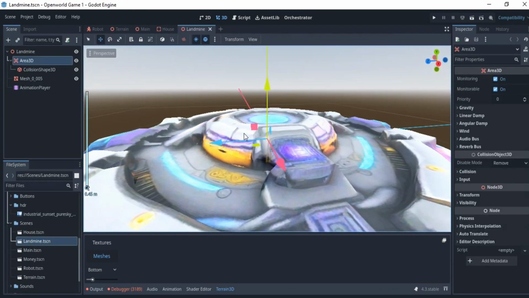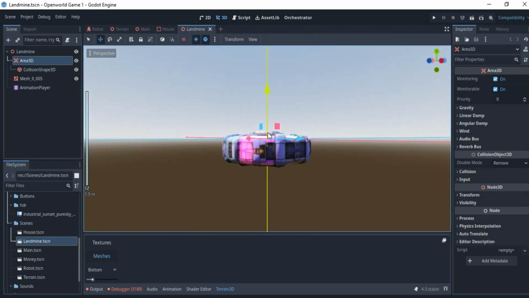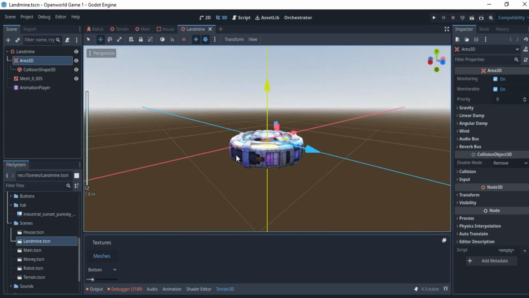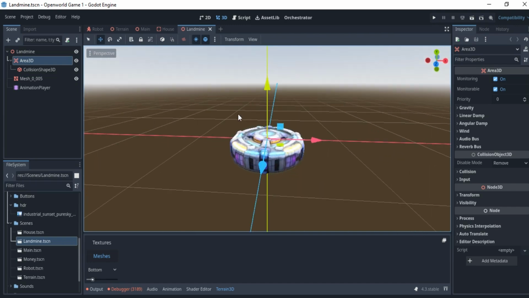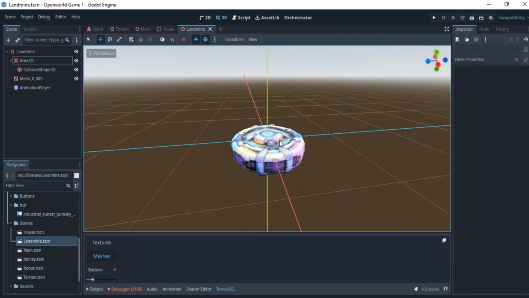Now, let me start first with my landmine. I want it, whenever it's touched by any particular thing, to delete itself and bring up the game over. That's what we want to be able to do. For us to do that, I think we're going to leave that for our next class. So for now,